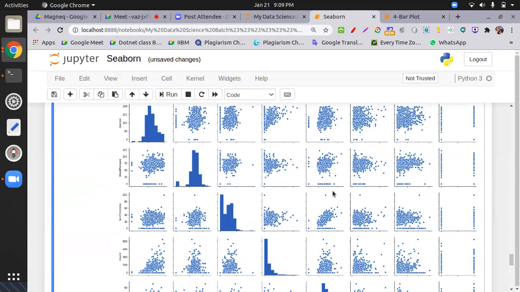So we can say this is not correlation, it just shows the relationship between two variables. Always keep in mind that correlation shows the highlighted correlated variables, so we use color for this. I will show you later.